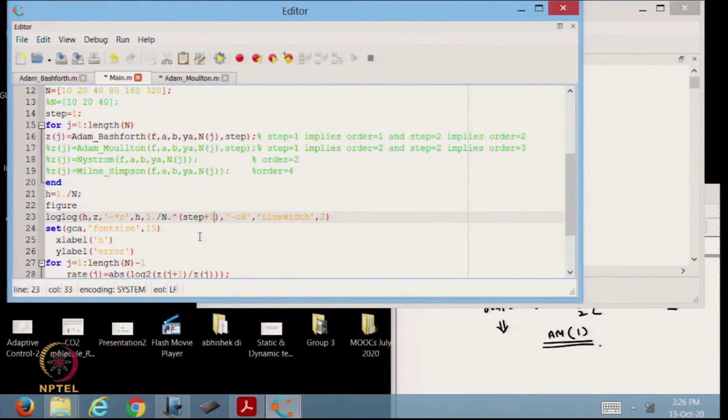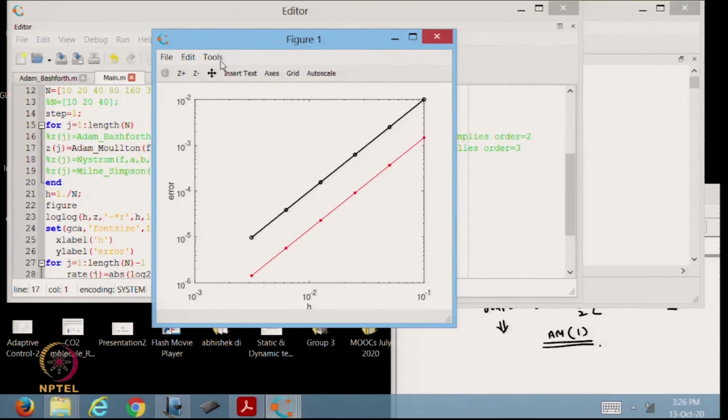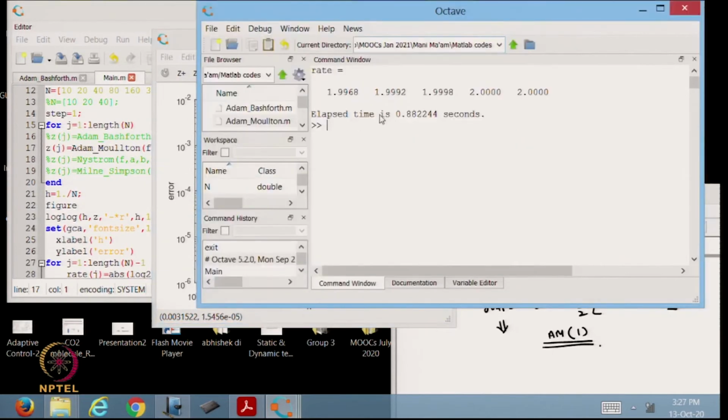Adams-Moulton formula. Okay. So, in case of a first order method the line should be order of h, in case of a second order method the line should be order of h square. So, both lines should be parallel, that is how we can verify the order of the method numerically. This is the right way to observe graphically, otherwise if you want you can also see by typing Z.